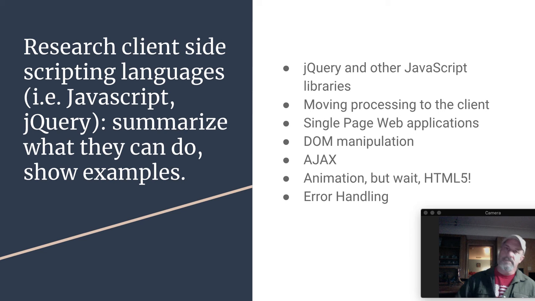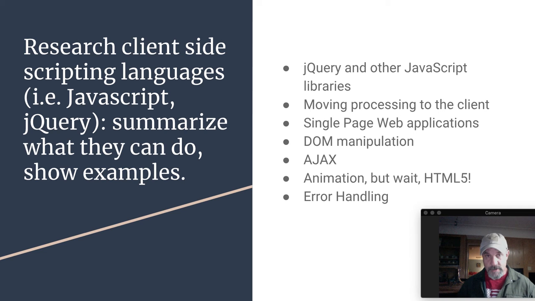They work on PCs and mobile and tablets, and they use the browser's interpretation of HTML and JavaScript to do a lot of really cool things that you used to have to do server side that generated HTML and then presented it